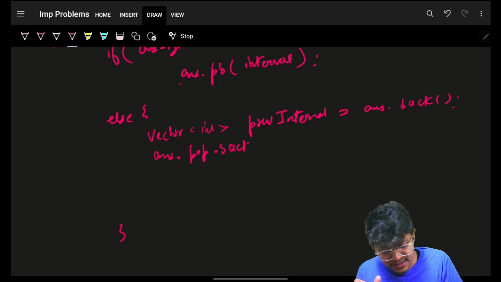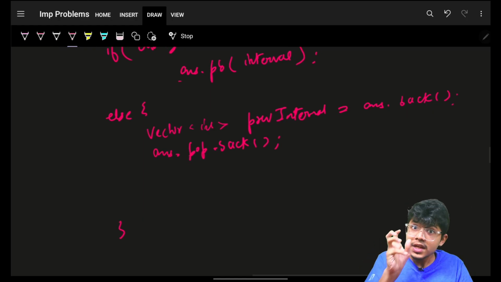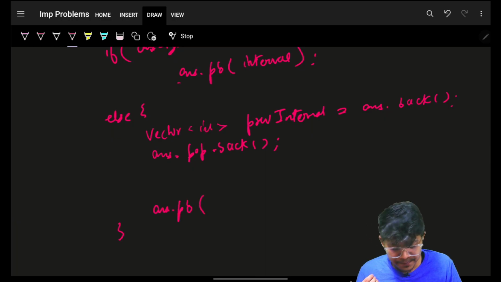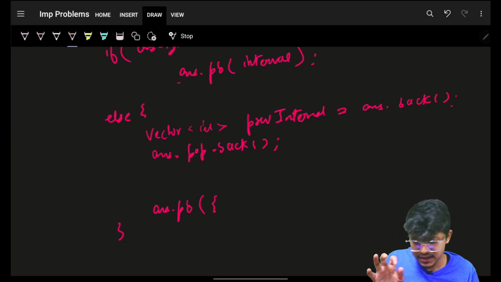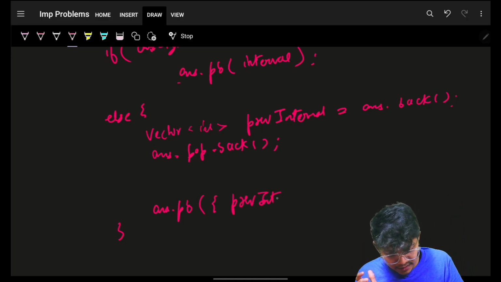I'll just do a pop back firstly, as in remove this existing interval from the answer. Now push in the new interval. So now I'll say answer dot push back new interval. The new interval start will remain the same as that of the previous interval. So I'll simply say previous interval